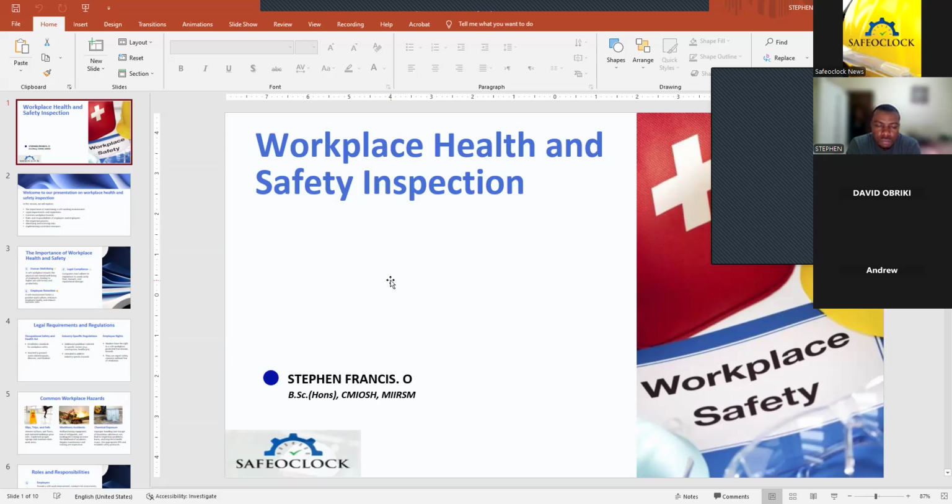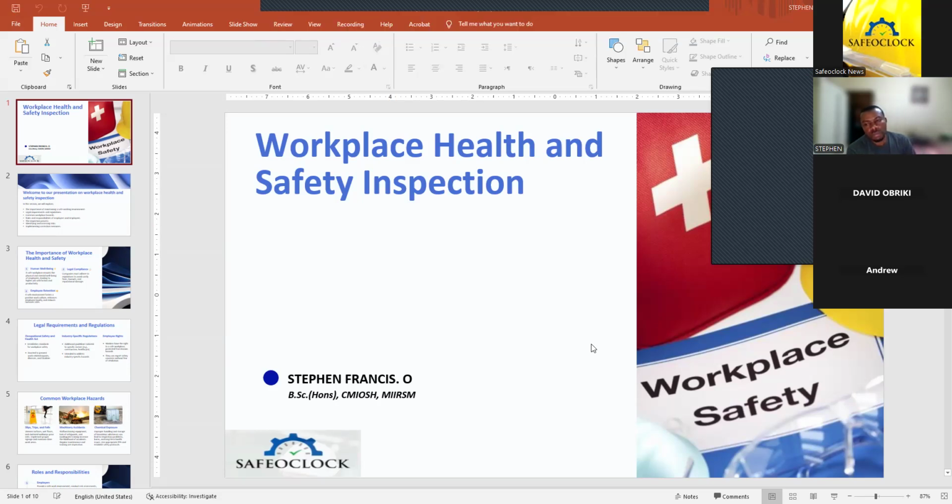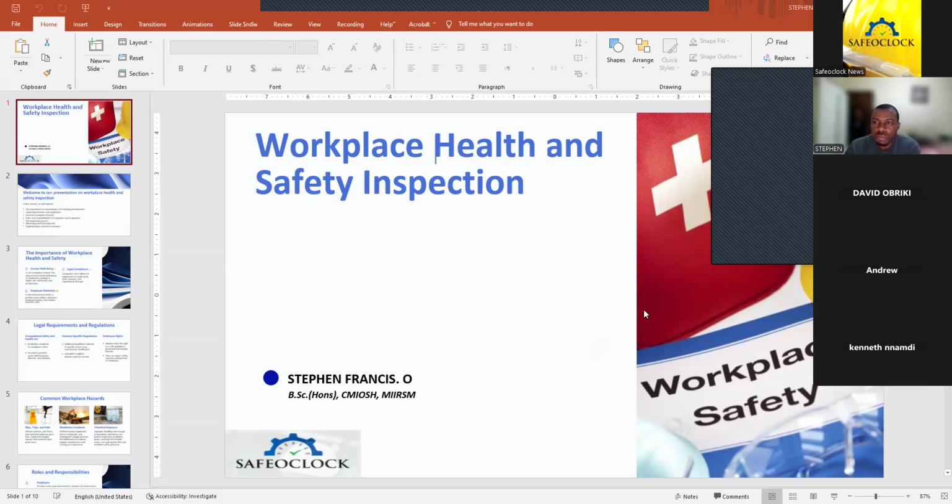That's one. Two, for working at height activities, there are also standardized checklists to ensure that all working at height activities are performed safely in the workplace. Also, we have a checklist for